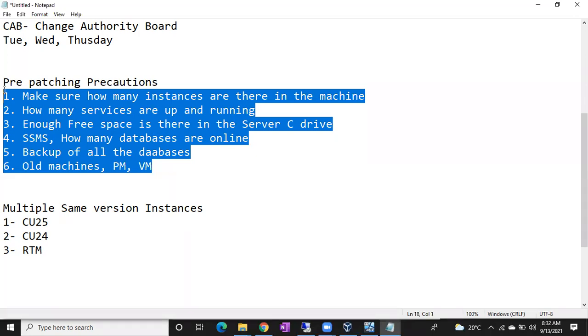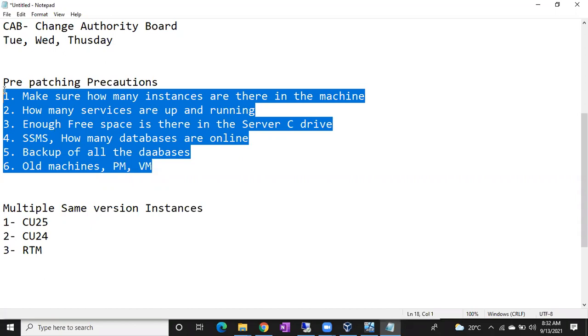If we haven't discussed these things and I directly patched, again I have to tell these points. If patching is failed, check whether enough free space is there in the C drive. There you won't get better clarity. But if you discuss early itself, you have an idea, so you know now why your patching is failed. Okay, I found there is less free space in the C drive. That's why your patching is failed. Then you will immediately contact the Windows team and ask them to fix the space issue. They are going to fix it. So these are the precautions. If you take these precautions, 99% it will be successful.